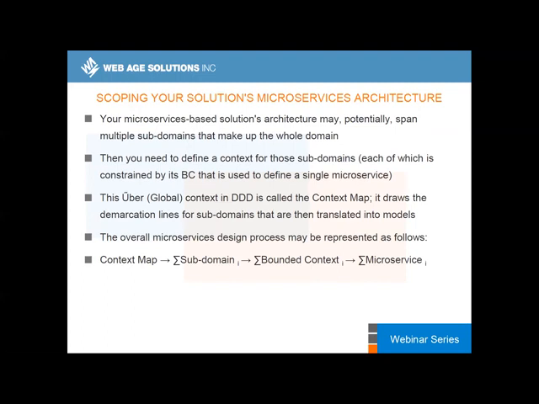So you would, again, need to follow domain-driven design to define that uber global context, which is called the context map, which embraces a number of subdomains. If you look at the last bullet, essentially the context map creates a context where you would have multiple subdomains. That sigma sign is just an indication that we sum up those subdomains, and every subdomain is mapped into a bounded context. It's backed up by a bounded context. So in essence, the context map is a bunch of bounded contexts.